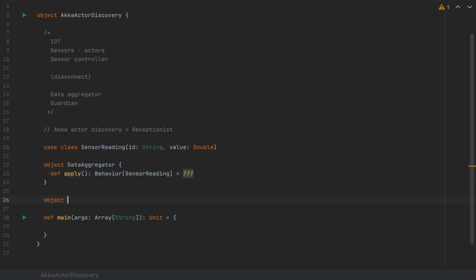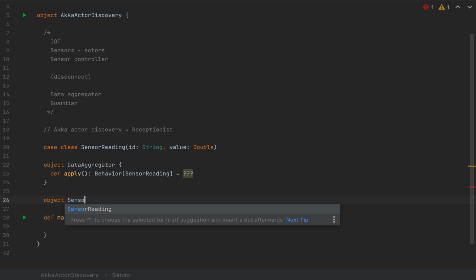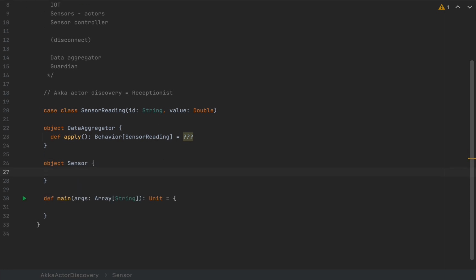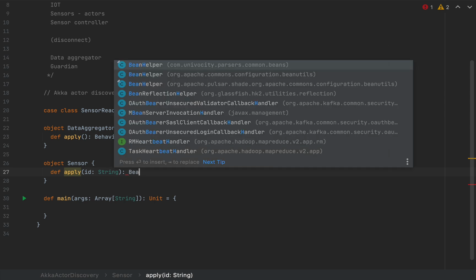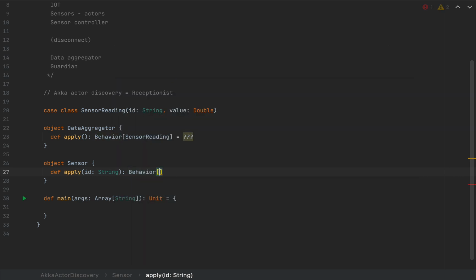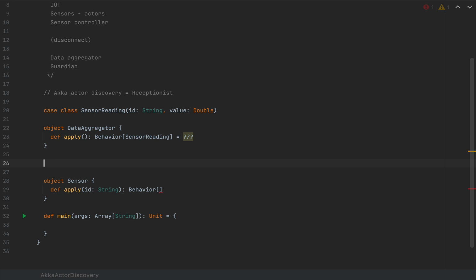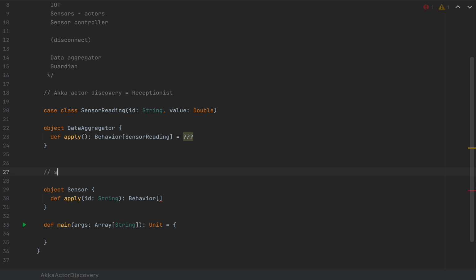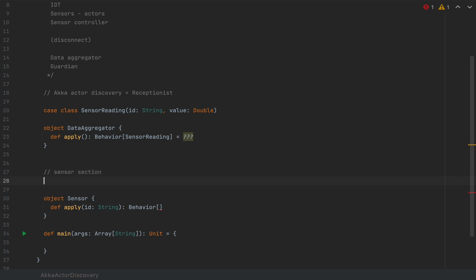I'm going to create another object. I'm going to call this Sensor, and I'm going to, again, define an apply method. So I'm going to have my apply with an ID as a String. So this will be the ID of the sensor, and this will be a Behavior of, and I'm going to define a trait that this sensor will respond with. So this is the sensor section, and I'm going to have a trait called SensorCommand, let's say,